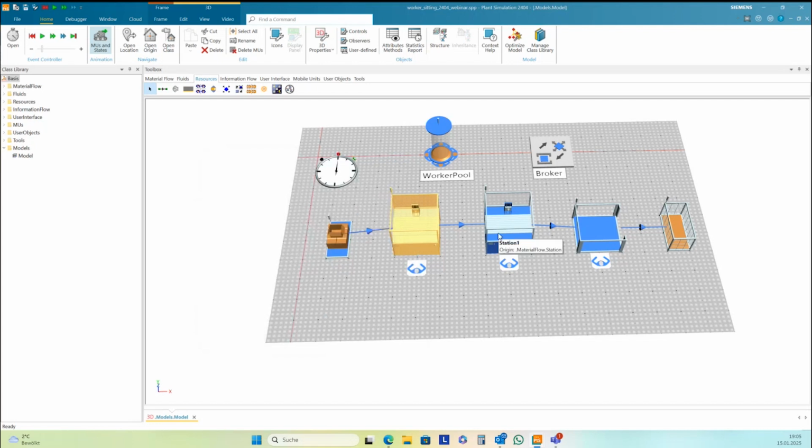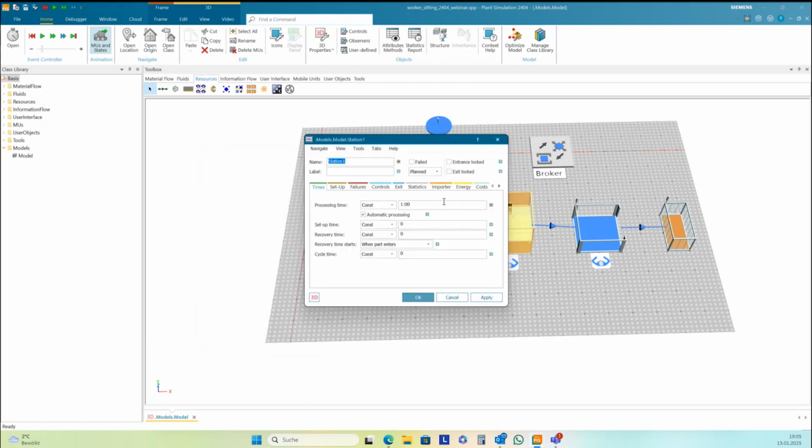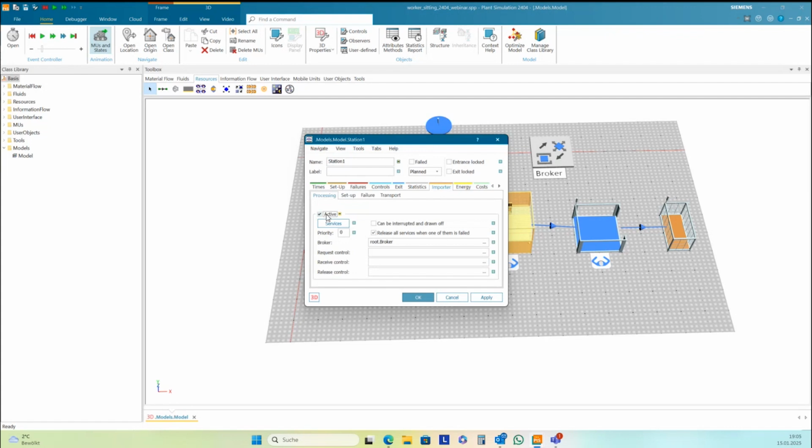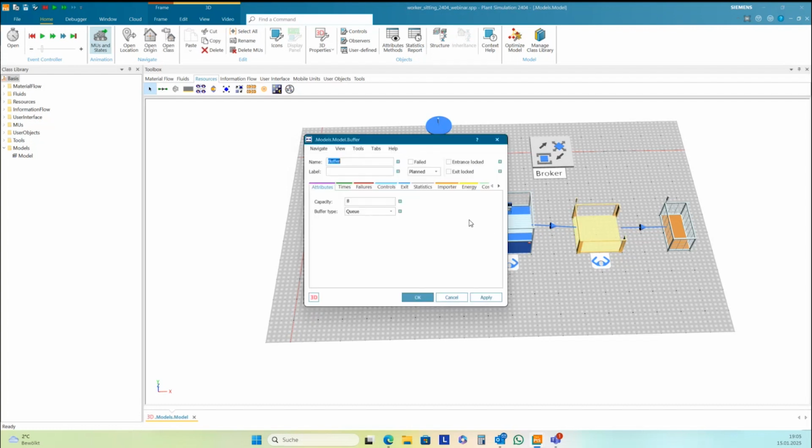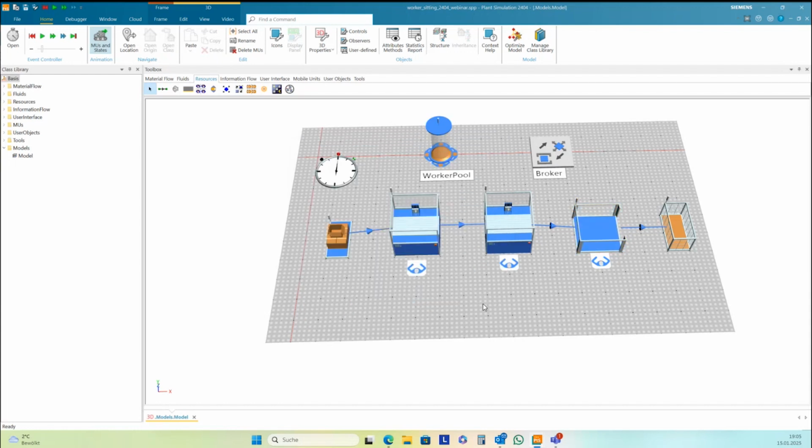So for the second station, activate the processing importer and the transport importer. In the buffer, maybe you incidentally activated one importer. We don't need an importer here, so nothing. It should be active. Okay, and this should run.